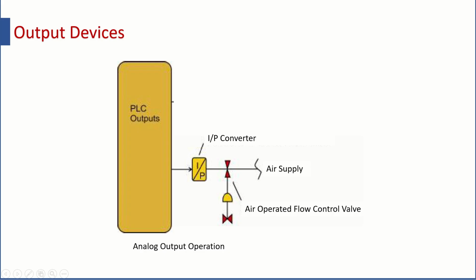This is the concept of analog output operation. You actually supply a variable current from a 4 to 20 milliampere current loop. Here you are applying that current to an I2P converter, and this I2P converter is controlling airflow through a commensurate valve, so that the air is going to an air operated flow control valve. It can control the motion of the flow control valve, so that ultimately you have control over